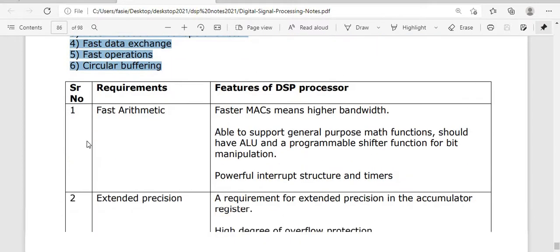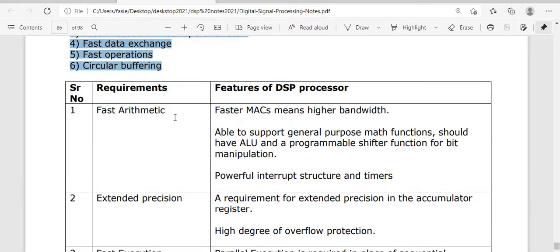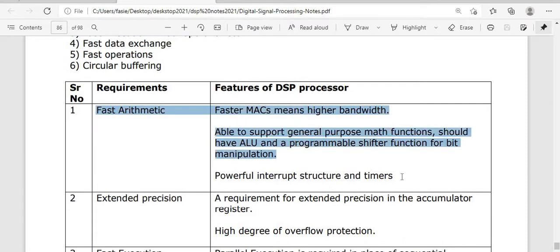Let's see what the fast arithmetic is. So basically, what is fast arithmetic? In this, the fast MAC means higher bandwidth. If you are using multiply accumulate, it is able to support general purpose MAC functions such as ALU, and programmable shifter functions for bit manipulation.